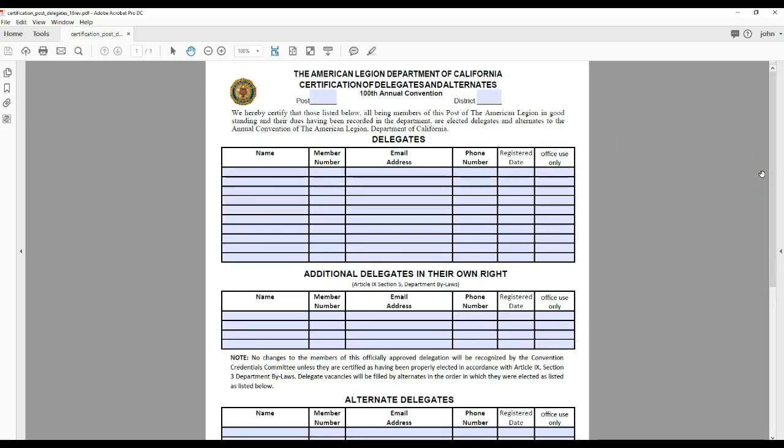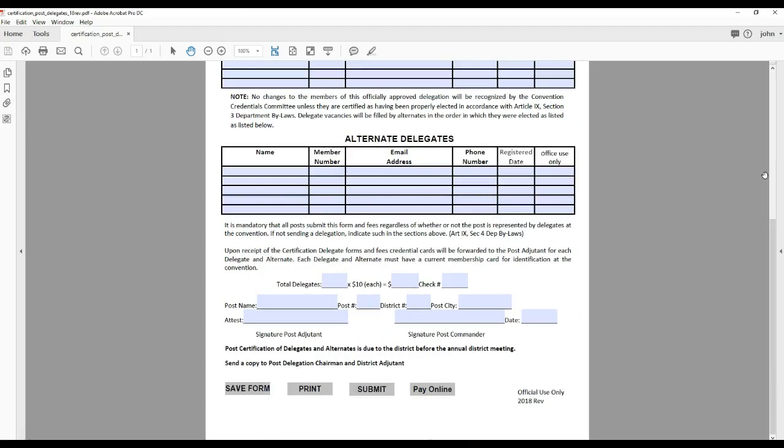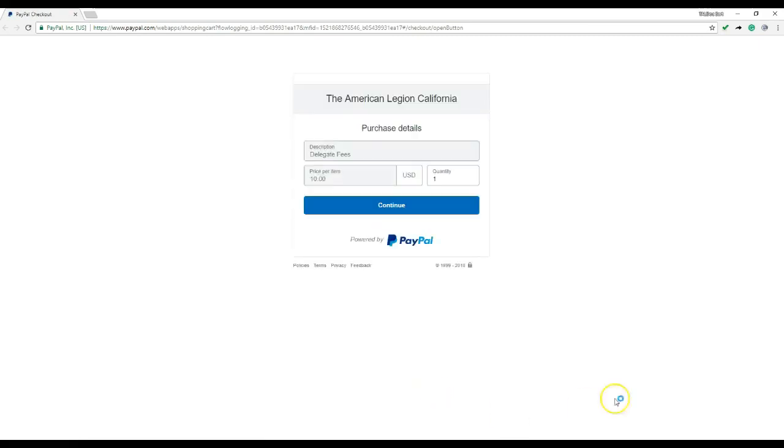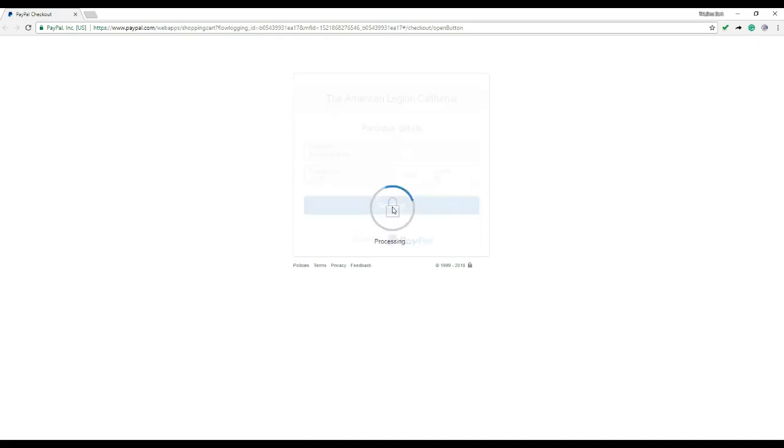Again, this form is prepared to be processed electronically. And one item on this form is the Pay Online option. You simply, if you want to use a credit card or PayPal to pay your delegate fees, simply click Pay Online. It will open the PayPal dialog box. You will see that it says the American Legion California Purchase Details Delegate Fees. You can set your quantity here. Once you've set your quantity, say we're going to pay for 10 delegates, and hit Continue, it will then open